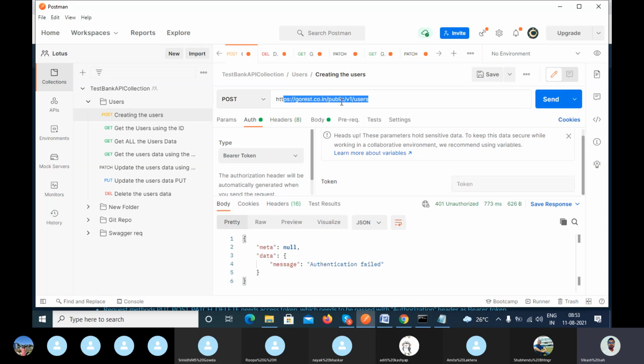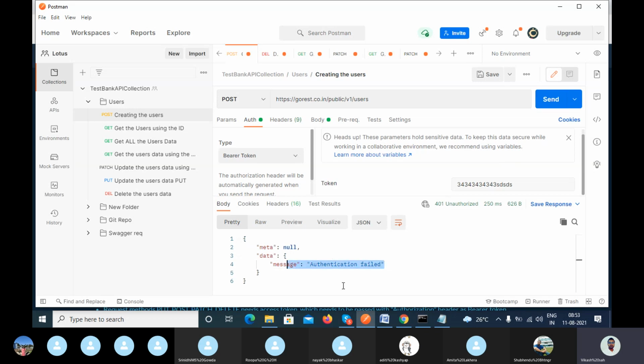Let's suppose I pass the token here, 1 2 3 4 something like that, invalid, and try to call. You can see again I'm getting this authorization error. So when you are doing any CRUD operation in your application, you need the authorization token to perform the particular action, right?